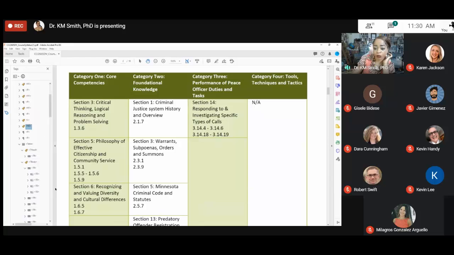I'll tell you why. The way this is set up right now, we can see the headings, table heads. So what this is going to do, it's going to read category 1, core competencies, category 2, foundational knowledge, it's going to read the heading. Then it's going to go back and say section 3, critical thinking, section 1. Is that functional use of a table for anyone using assistive technology? Not really. So if we had our headers here, we would have our rows here, and it would read category 1, core competencies, and then it would say section 3, critical thinking, section 5, philosophy, section 6, and so on and so forth. So the table is not set up